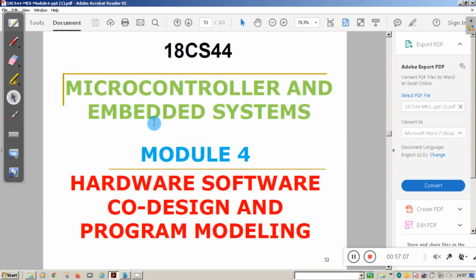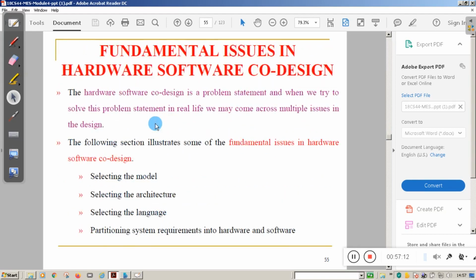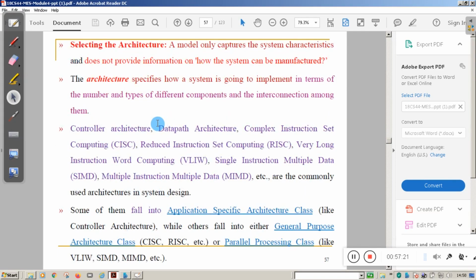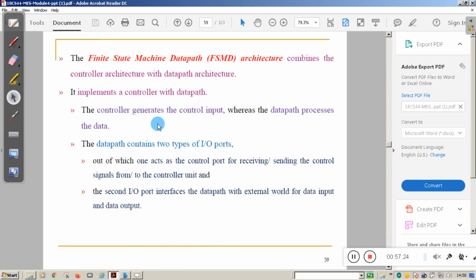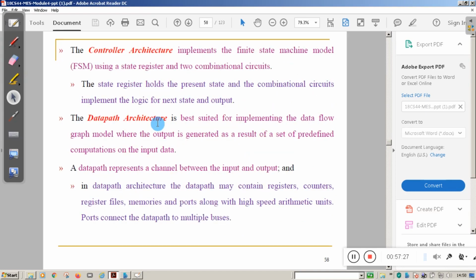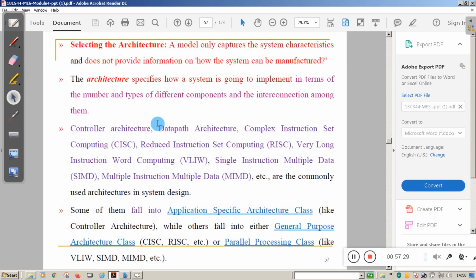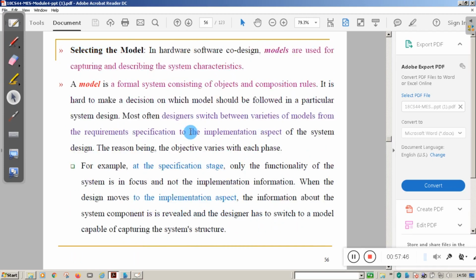Then in the next chapter we studied the different types of design models used for embedded systems: how you have to select the model, and what is meant by a model. There are different models like the architecture model, controller architecture, data path architecture, complex instruction set computing, reduced instruction set computing, and very long instruction word computing. All these are different types of architecture we studied here.